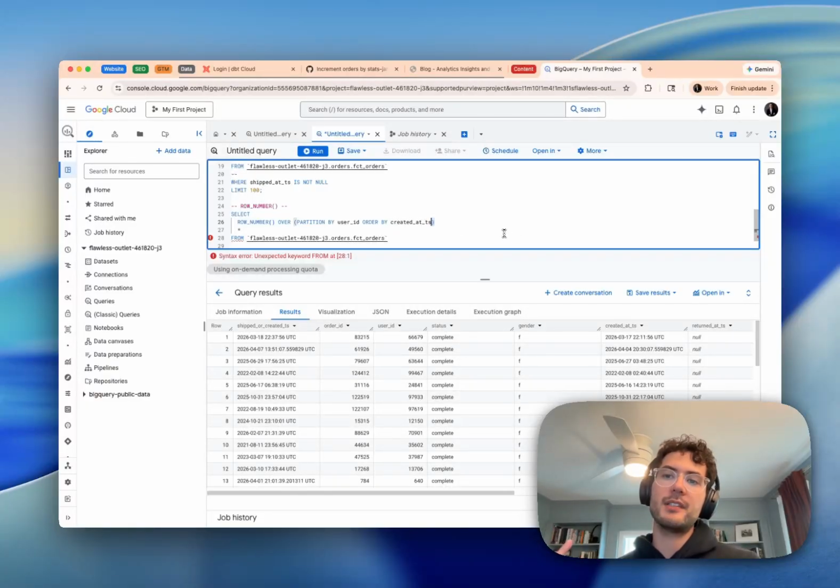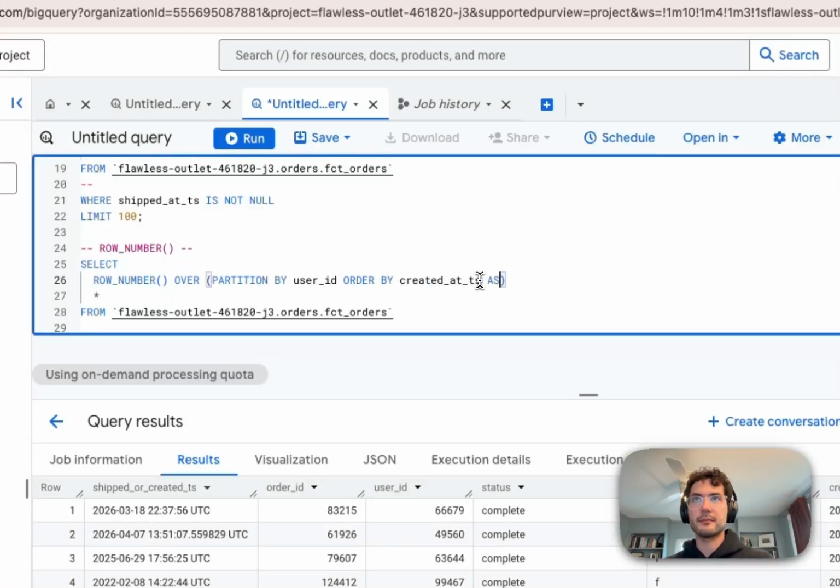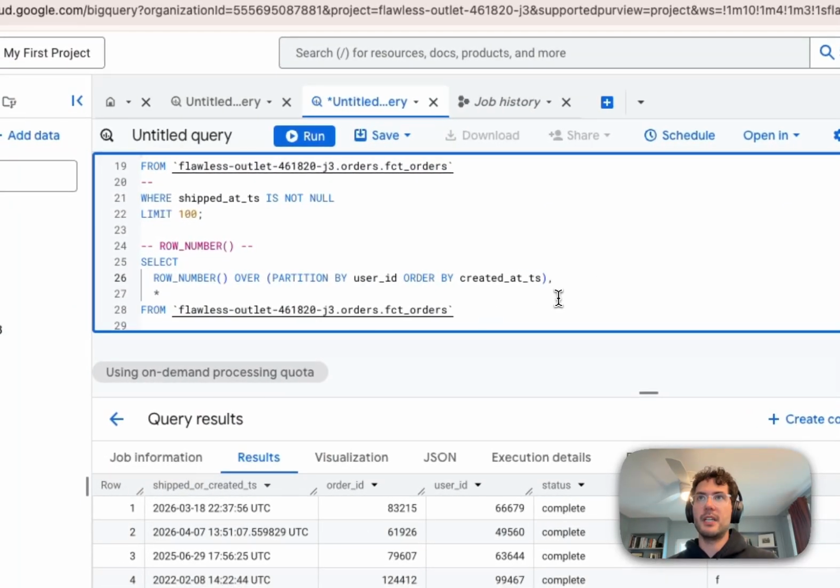If I wanted to do the opposite and grab the most recent order, then I'll specify descending. But by default, order by is ascending, so we don't need to add that in there. You can if you really want to,